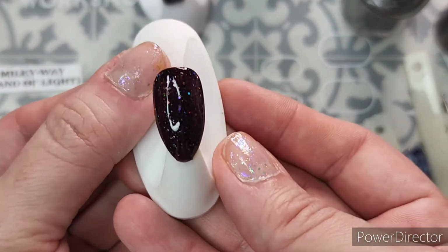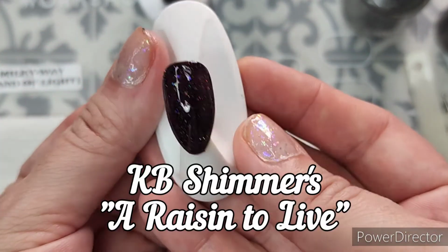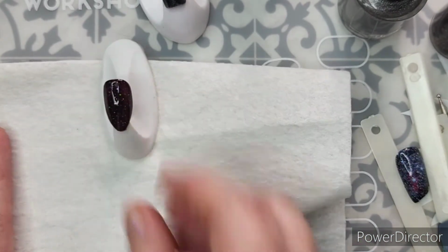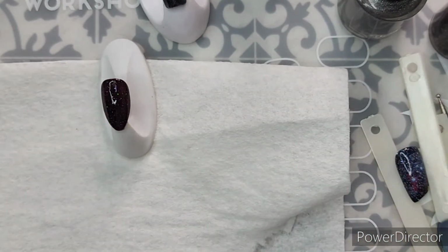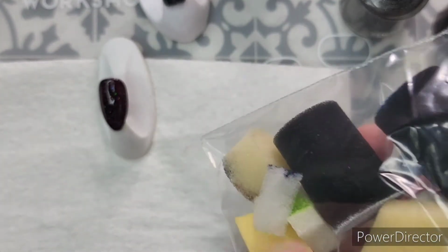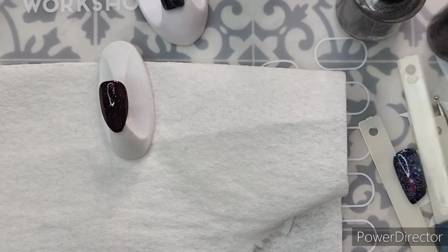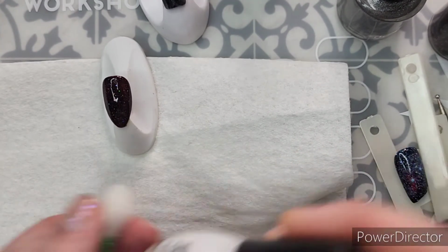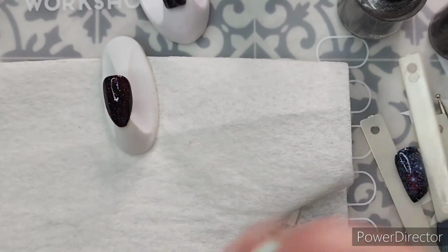All right, so I have done a base already of KB Shimmer. It's a purple glitter. I decided to do this one in purple. I didn't wear anything on my nails so that I could just use my fingers with this. Remember that you can use tweezers. So I'm going to grab some regular old white, and